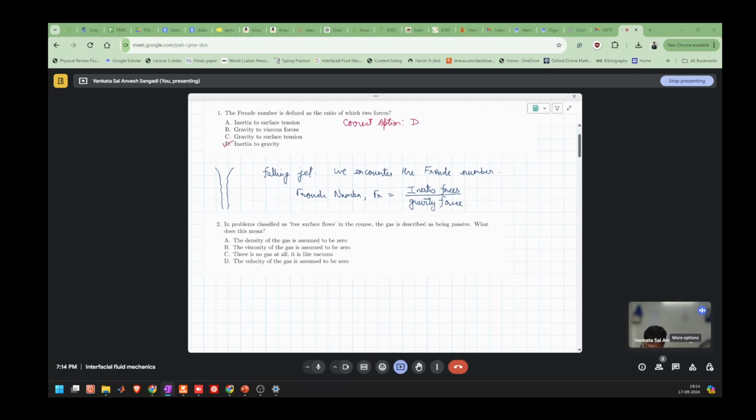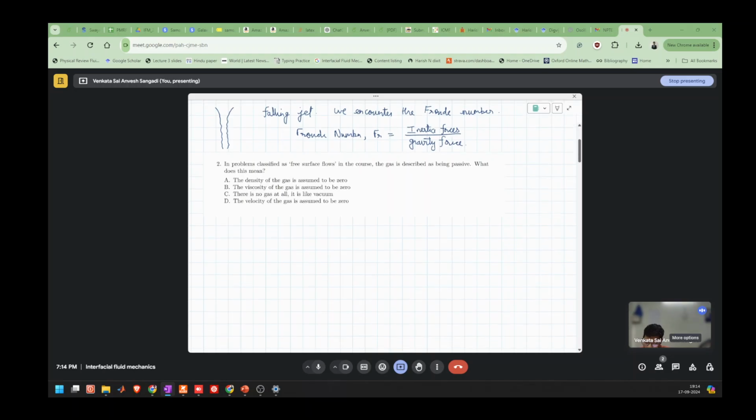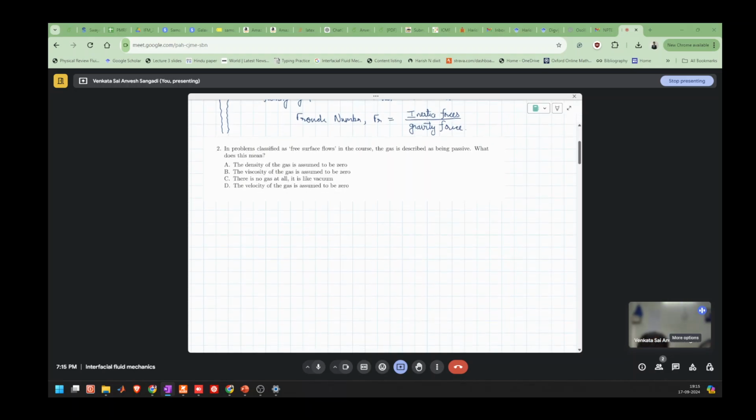Correct option is D. Next question. In problems classified as free surface flows in the course, the gas is described as being passive. What does this mean? We have looked at a thin film on a free surface, and we say that